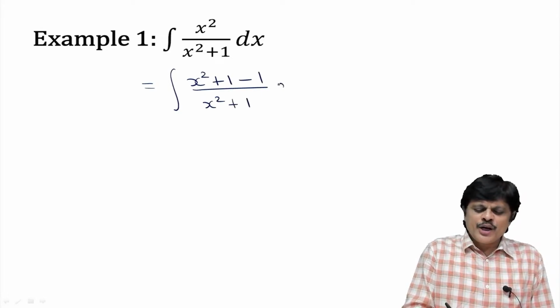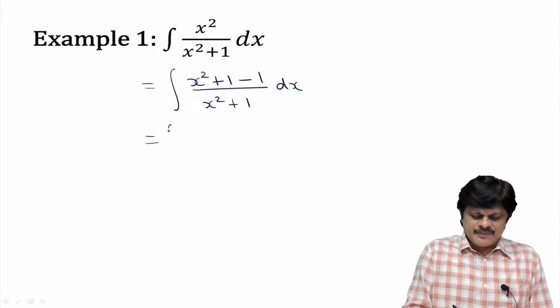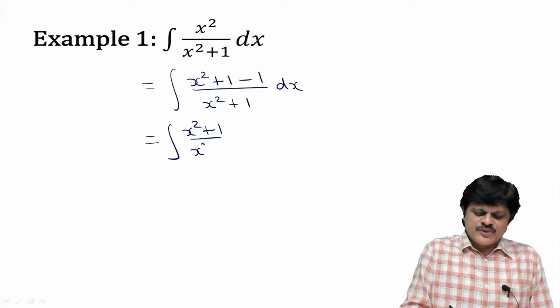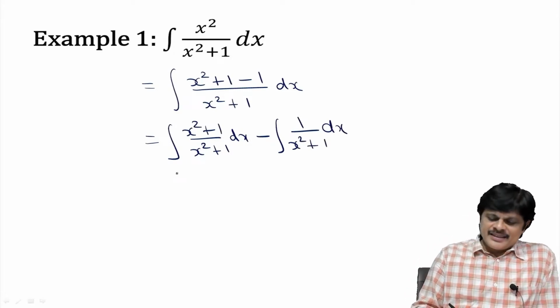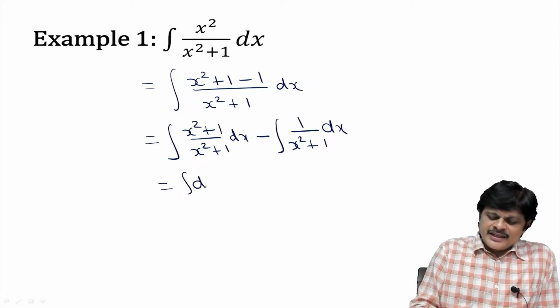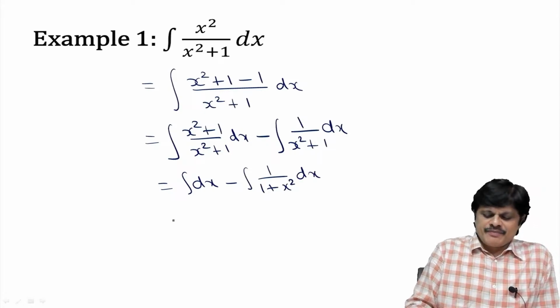The idea is simple. Denominator I am having that x square plus 1. Numerator also I am trying to get the same thing. So what happens? This is integral x square plus 1 by x square plus 1 dx minus integral 1 by x square plus 1 dx. Is the idea clear? Now this is integral dx minus integral 1 by 1 plus x square dx, which is